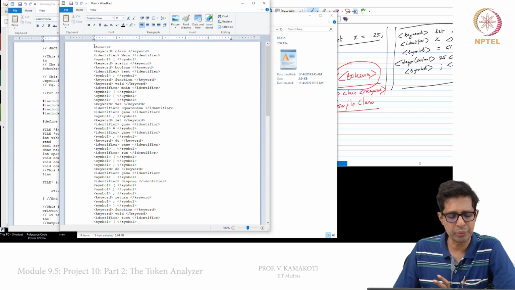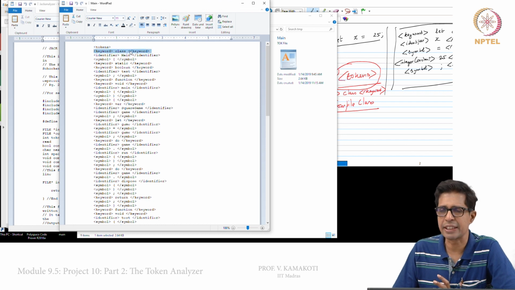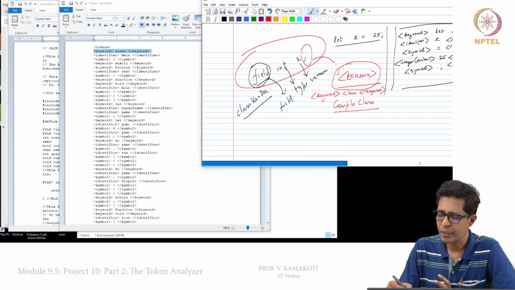First thing, whatever you see is tokens. The second thing immediately you will see is keyword class. The moment I see class, you call this routine called compile class.